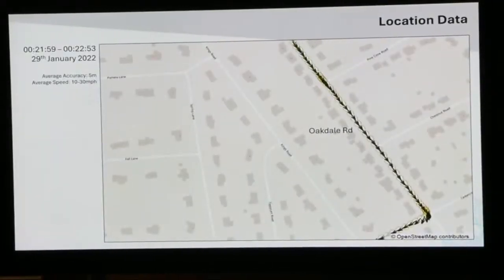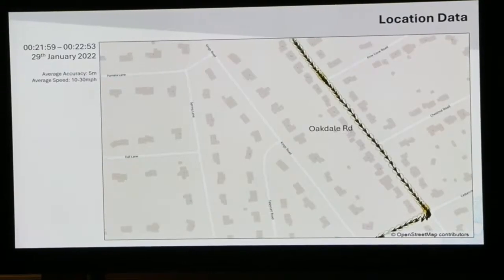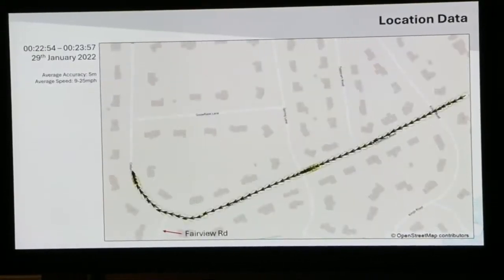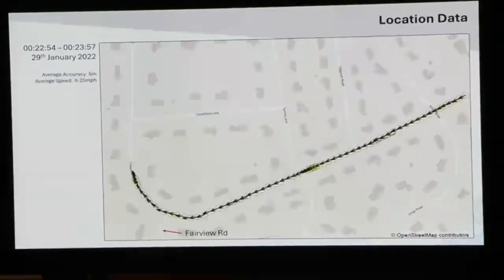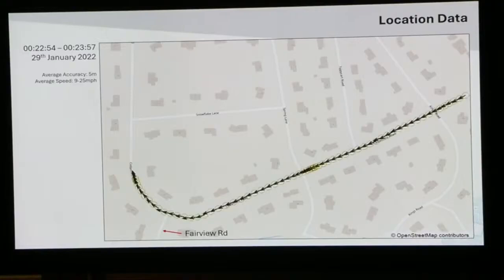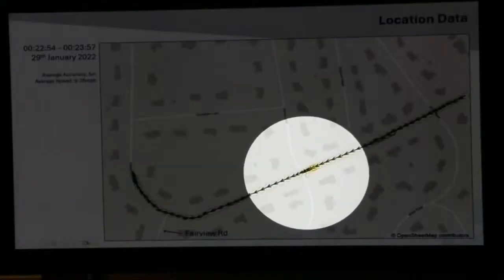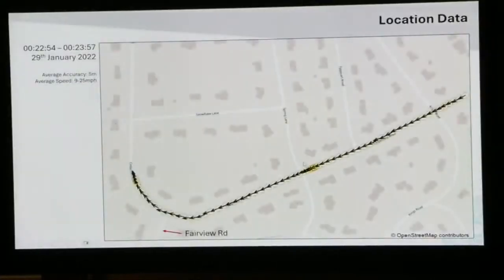The device ultimately turns right onto Cedar Crest Avenue, I believe, and continues down there between 22 minutes and 54 seconds and 23 minutes and 57 seconds. Again, as I've said before, all of these points, 5-meter accurate, they all conform to the road. The cadence is good, and again, we see a cluster on approach to a stop sign. The device shows that it overshot Fairview Road and continued turning up Cedar Crest, but came to a stop somewhere between